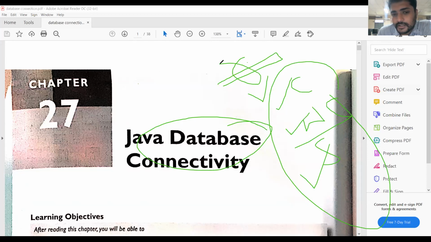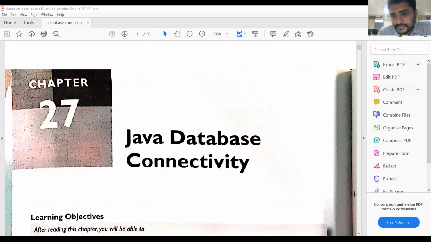If you download all the components of MySQL, it will be automatically downloaded to our system. If you want to connect to the database through Java, we need a database and then a database connector, that means JDBC drivers. This is all we have discussed in the previous sessions.